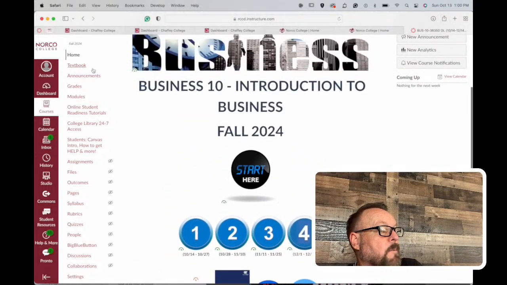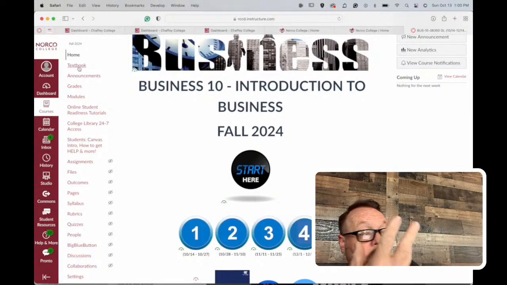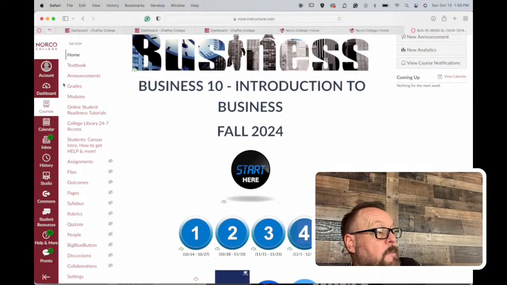There's also the textbook, which you can select to get to the textbook page where you can download it. And that's the cool thing. You can download it, like I said, or you can view it online. The announcements, you definitely want that. Grades, you definitely want that to see where you stand. Your modules, so that's a quick way to get to modules, or using the buttons. And then there's some other resources here to help you. There's some Canvas resources and other student tutorials, stuff like that if you need it, as well as